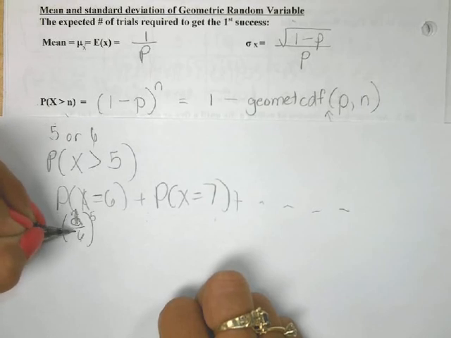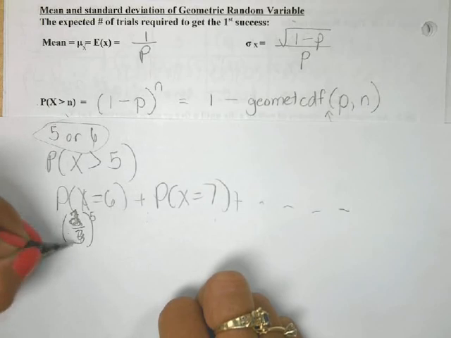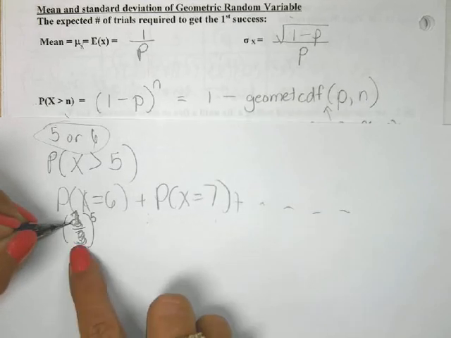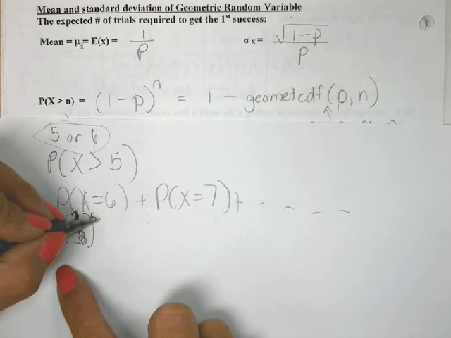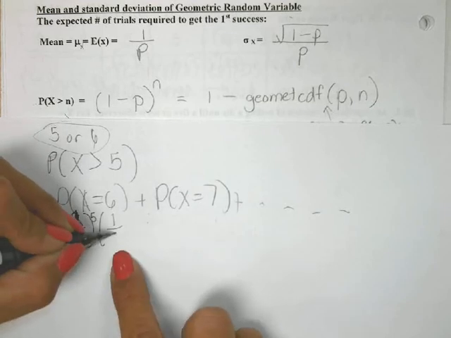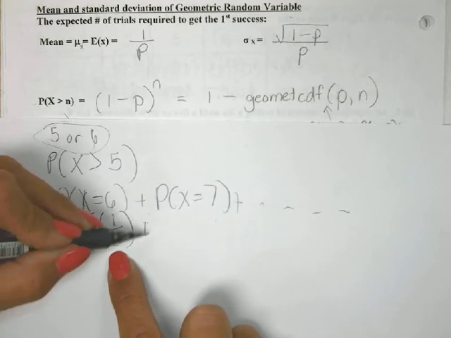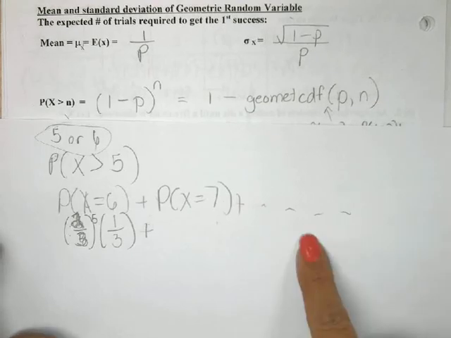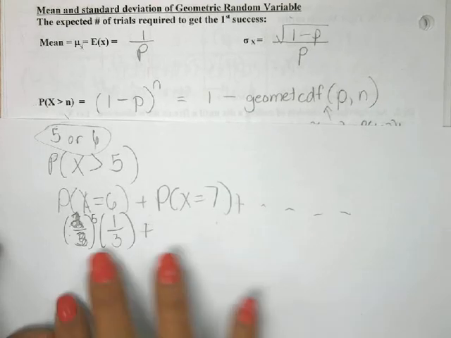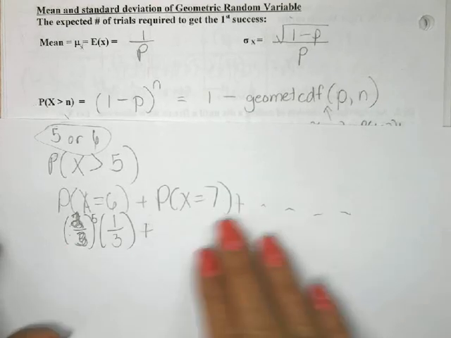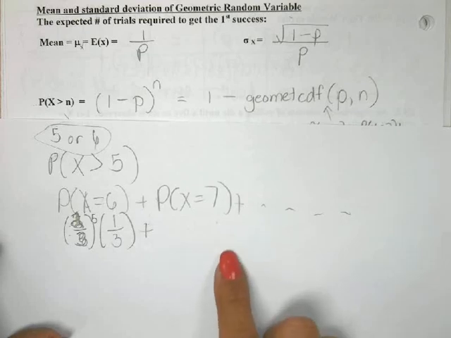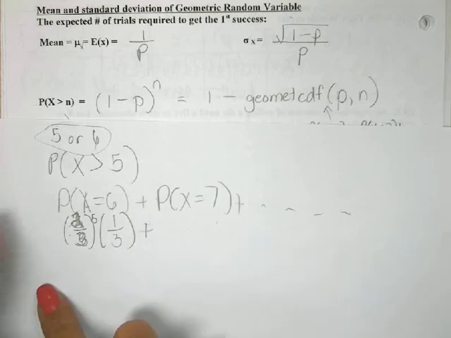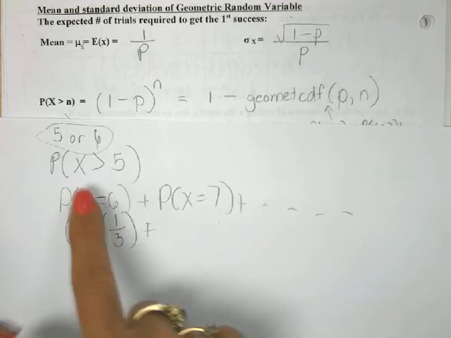I'm kind of messing up here because we're getting a 5 or a 6 as a success. So we would have 5 non-5 or 6s, and then we'd finally get that 5 or 6, and then we'd have to find this one, and the next one, and the next one. And if we were going to find this by a straight format, we'd actually have to go through and find the complement. We'd have to find all those things that we don't want, and then take 1 minus to find what we do.